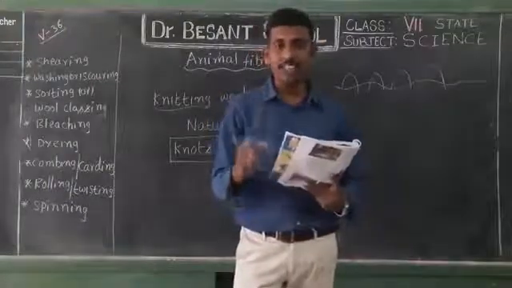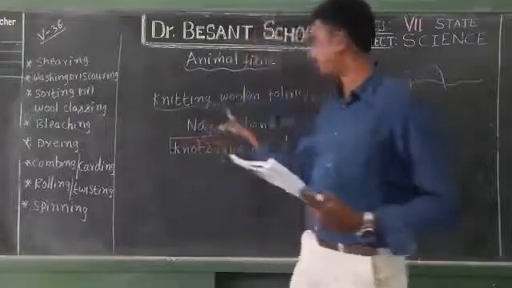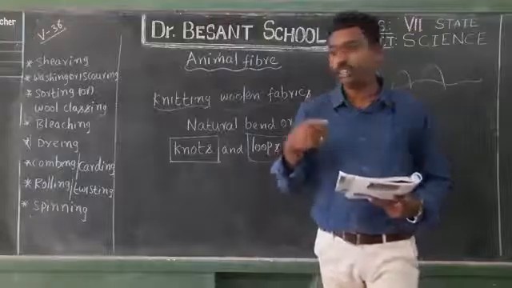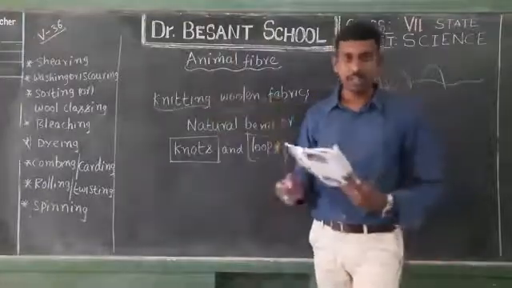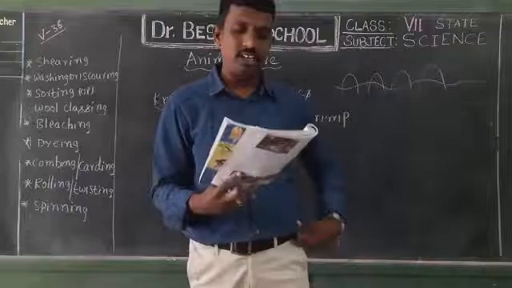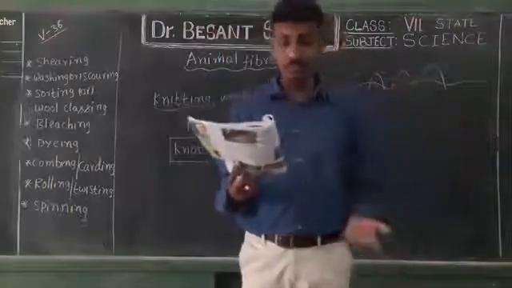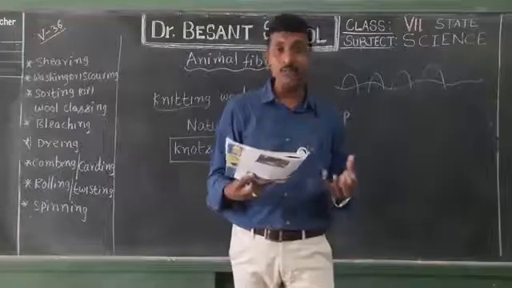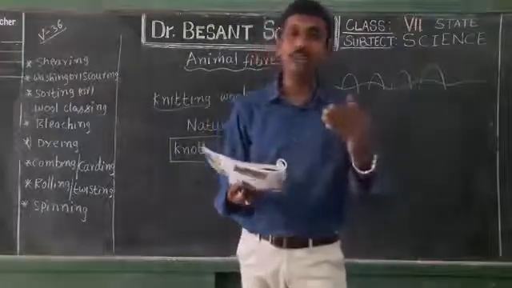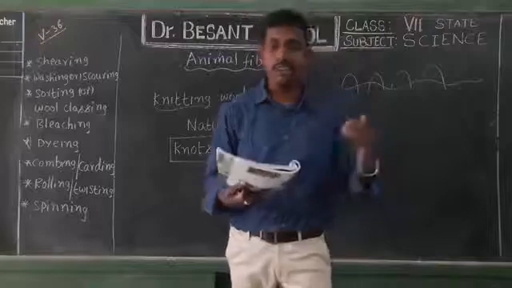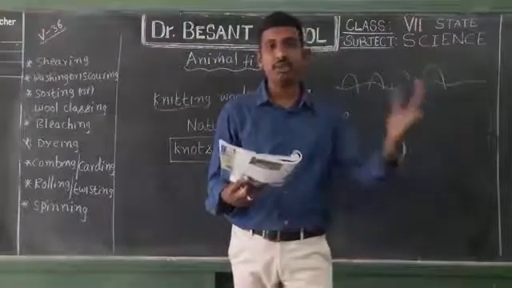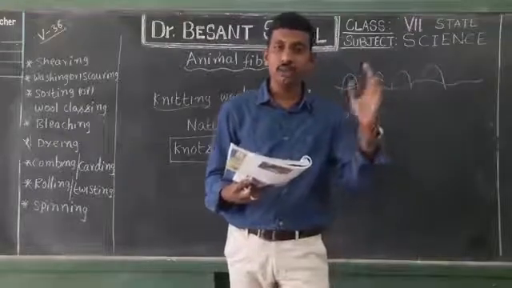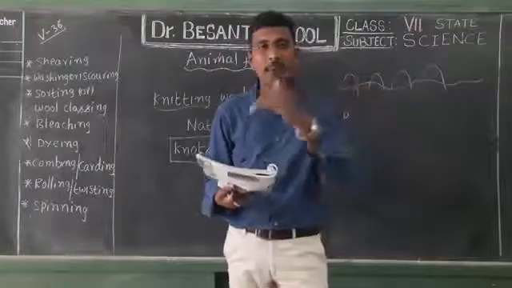Silk fiber cannot be knit. The knitting process cannot be done with silk fiber because it doesn't bend and it's very smooth. It will easily slip out. Very difficult to knit it. That's why woolen fabrics can be made by weaving with the help of hand looms and power looms, or even with the help of needles. Whereas silk fabrics are made with the help of looms only, that is both hand looms as well as power looms.